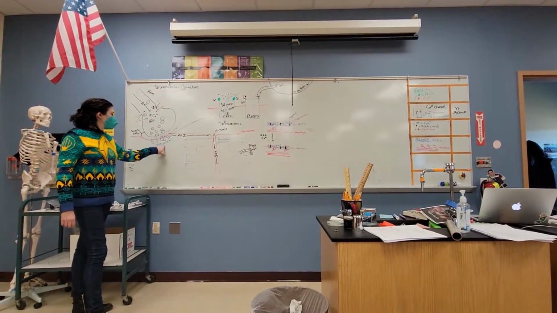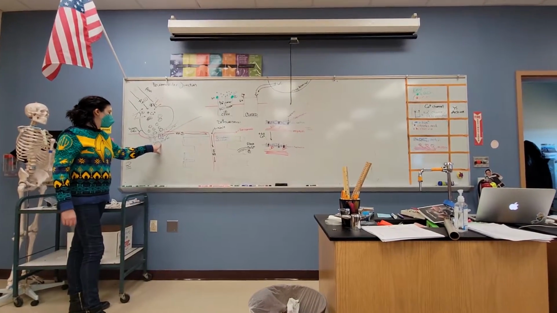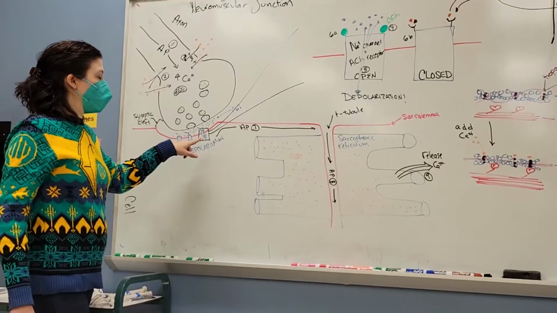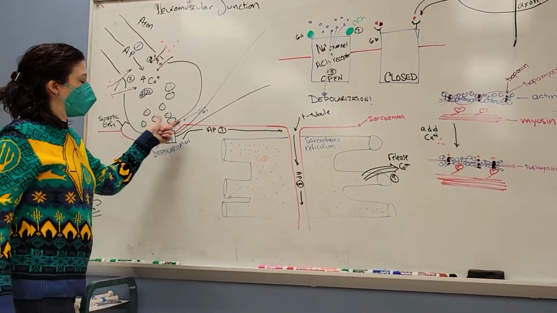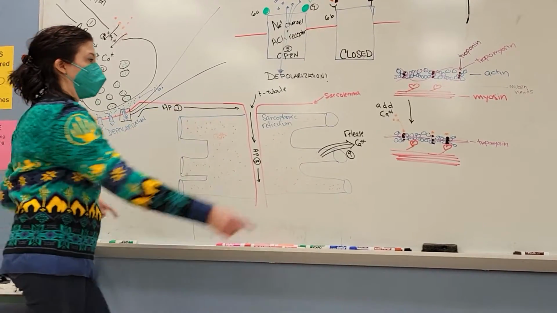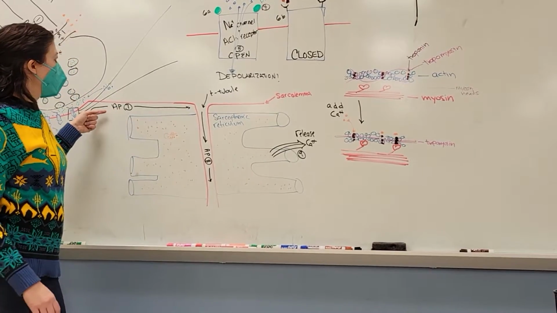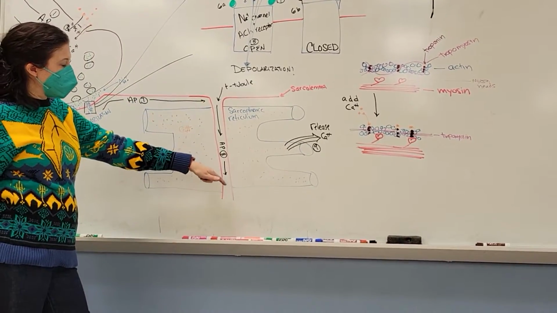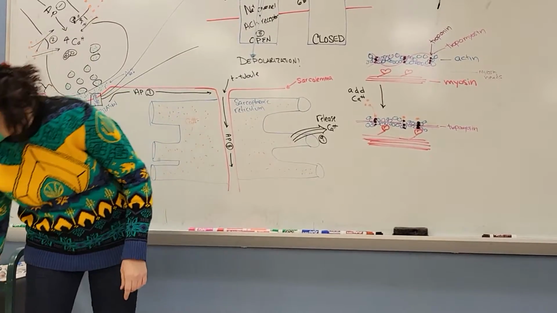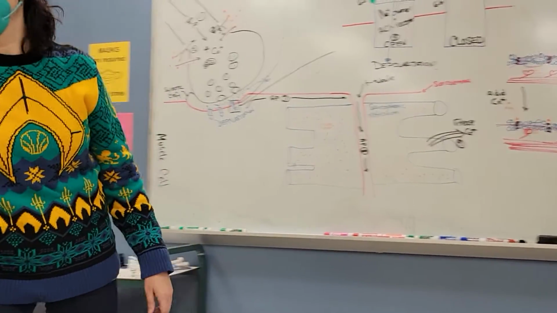So when you have depolarization because the sodium came into the muscle cell, that causes action potential. Action potential, remember, is propagation of depolarization across the membrane. This is a muscle cell membrane, so we call it a sarcolemma. And within the sarcolemma are these T tubules that are like tubes inside and around the, oh, sorry, it's here,